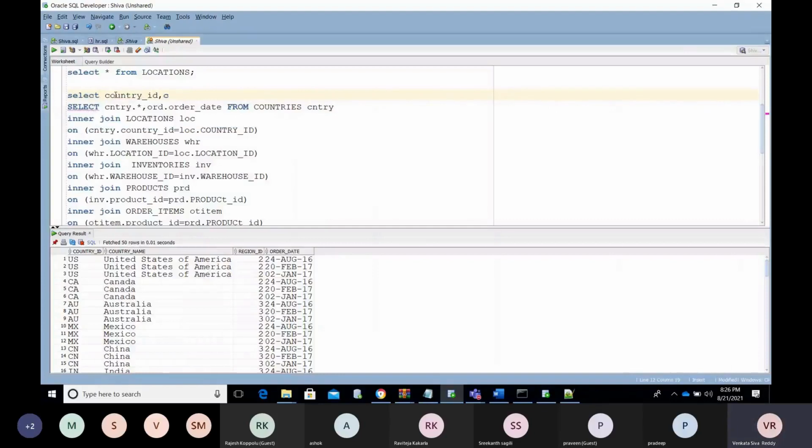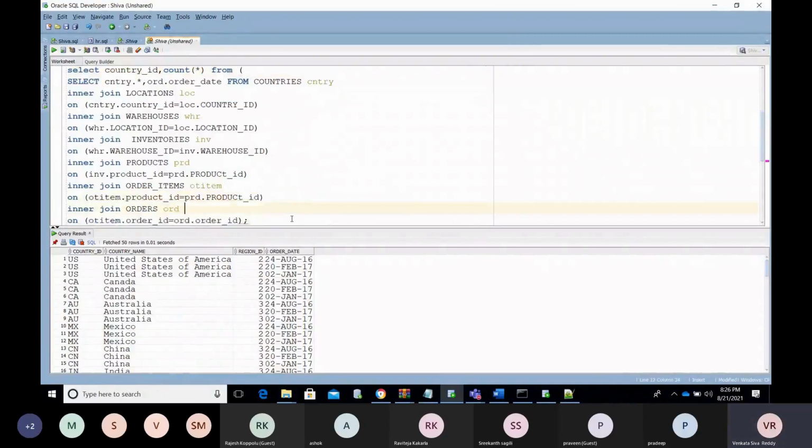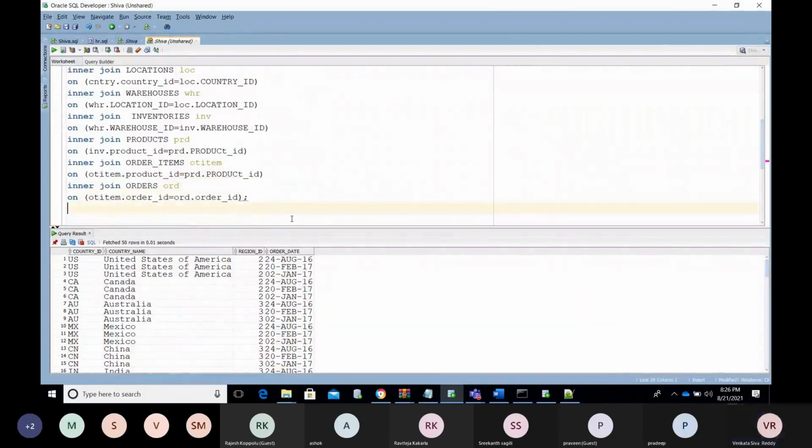What I need is how many orders are placed. I need to count the number of orders. Let's see how many orders are placed in every country. So we use the count and I'm using the group by. We need to use the count aggregate function.